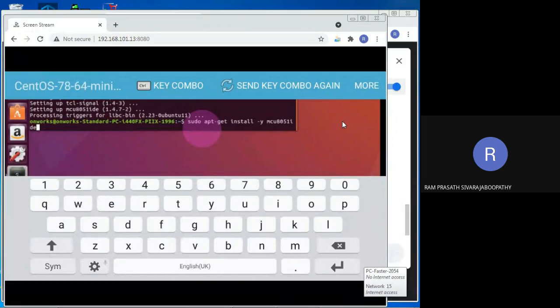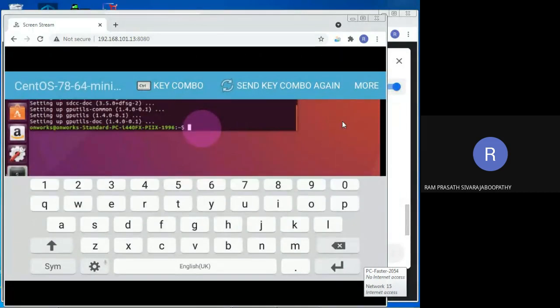Yes, so now I am deleting that. Yes, so now I am going to type SDCC. So now we are going to install it. Yes, it is getting installed. Please wait. Yes, that's all. It got installed.